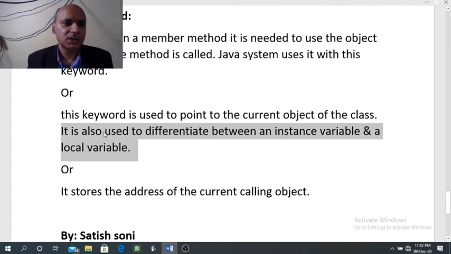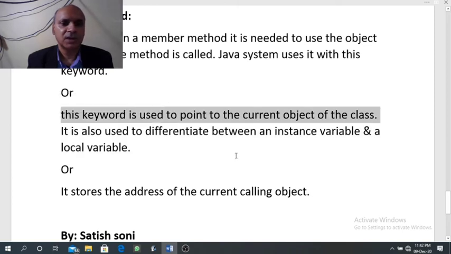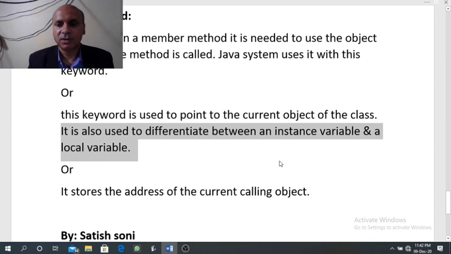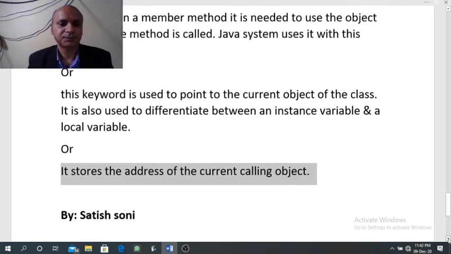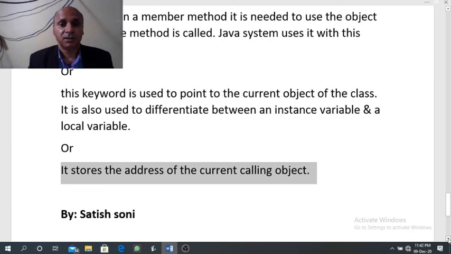So there are two uses of the this keyword. First, it refers to the current object of the class, and second, it differentiates between a local variable and an instance variable. One more short definition we have: the this keyword stores the address of the current calling object. Now the definition is over. We will see the program to understand the this keyword.